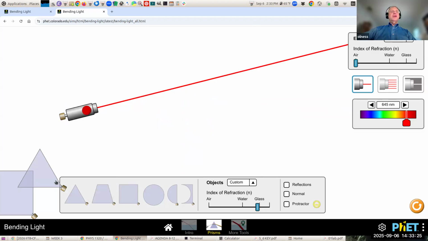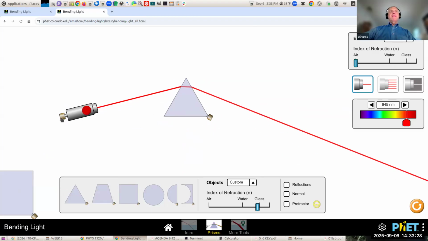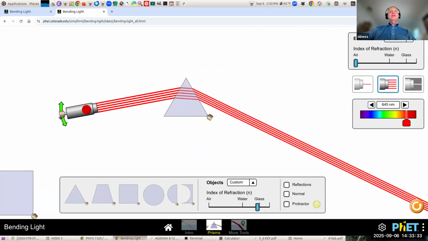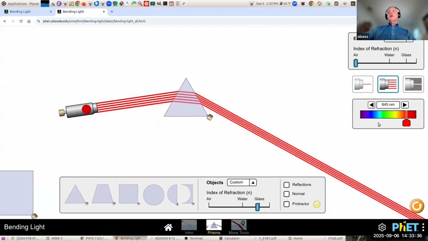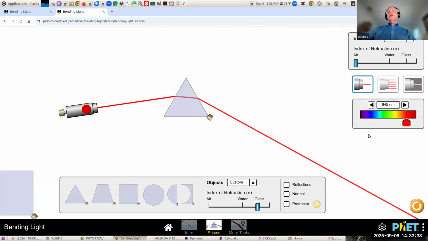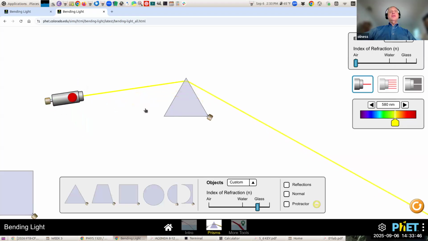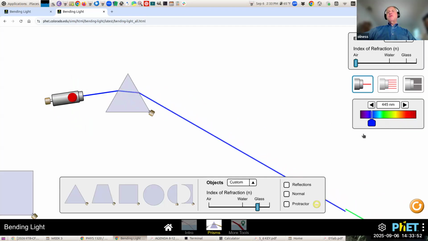Let me do one other example. This is the prism, and it's rather interesting how it bends the light. Let me send in a ray of light, and let me change the color and try to exaggerate this. As I change the color back and forth, what I want you to notice is that down here, the bending changes. If you look at where this intersects this panel down here, as I move it back and forth,